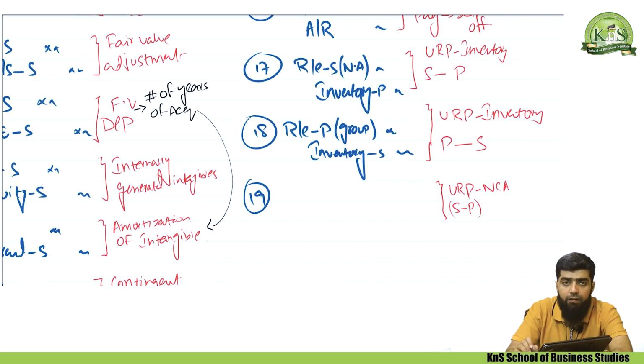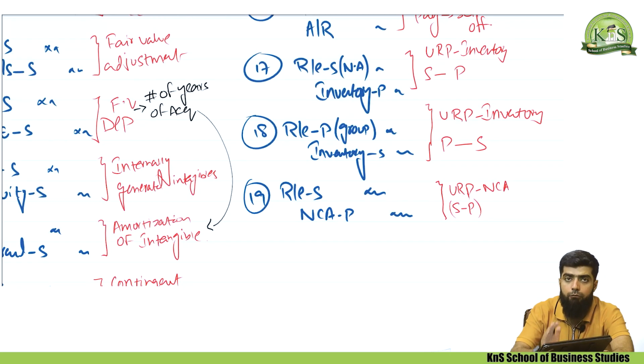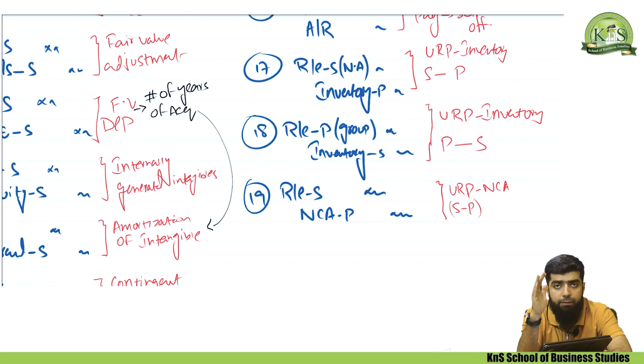For instance, if the subsidiary transferred the non-current asset to P company, now what accounting entry will again be made? That is, the retained earning of S company will be debited, but this time non-current asset of P company will be credited. And again, if we are talking about the retained earning of S company, the subsidiary company, it means we'll be making an impact in the net assets working.